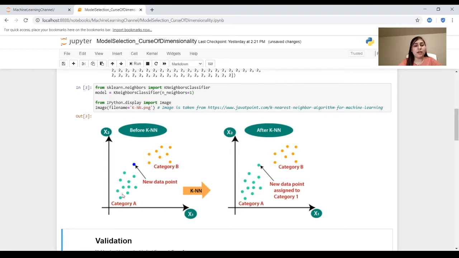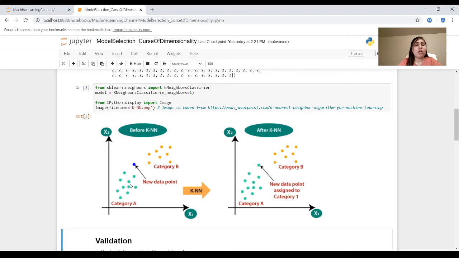Let us suppose I have data which contains two categories A and B, and I have a new data point and I'm not sure about the category of this new data point. I want to identify what would be the category of this new data point based upon the categories of my training data points. So we can identify the nearest neighbors of the new data point using Euclidean distance or any other distance metric. So let's suppose k is equal to 5. That means we want 5 nearest neighbors. So visually I can see that these would be the 5 nearest neighbors.